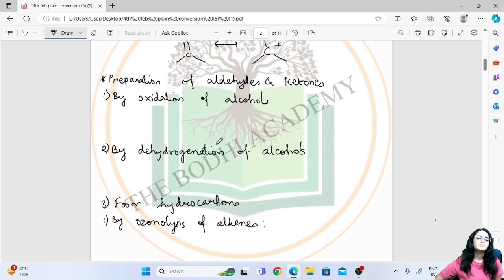Let us go with the preparation of aldehydes and ketones. These are the methods we use to prepare aldehydes as well as ketones, which we have already studied in our previous chapter. First is by oxidation of alcohols. In the last chapter, if you remember, if you take a primary alcohol, that is RCH2OH, and add an oxidizing agent, suppose I take CrO3, and oxidize it, I will